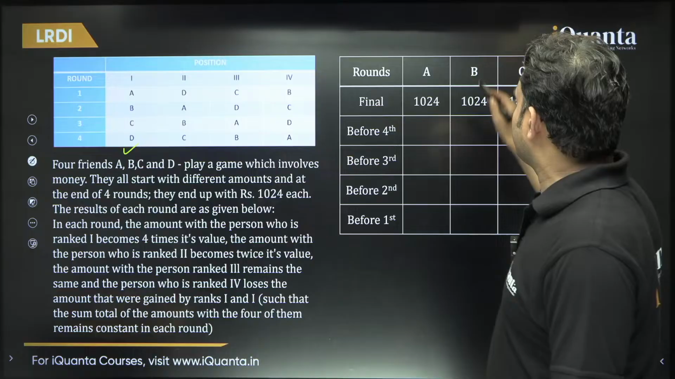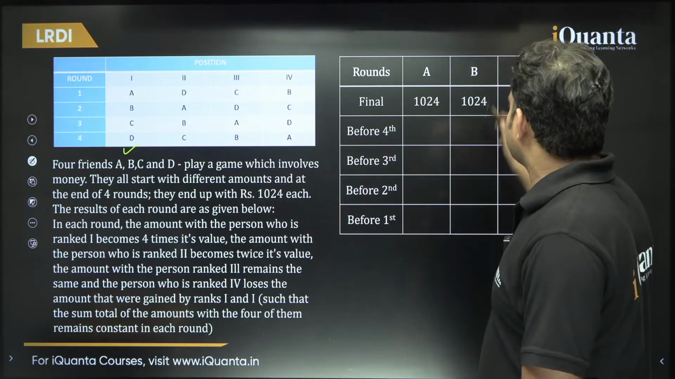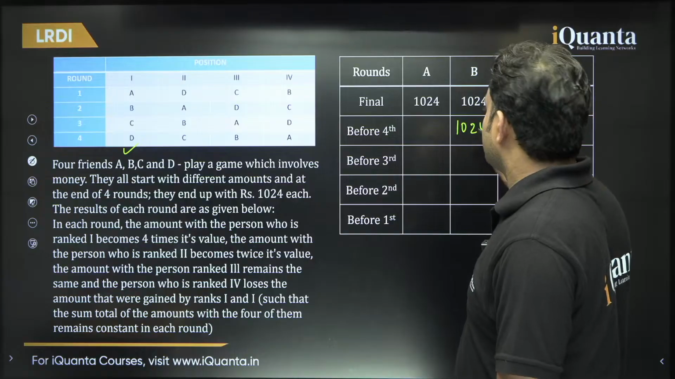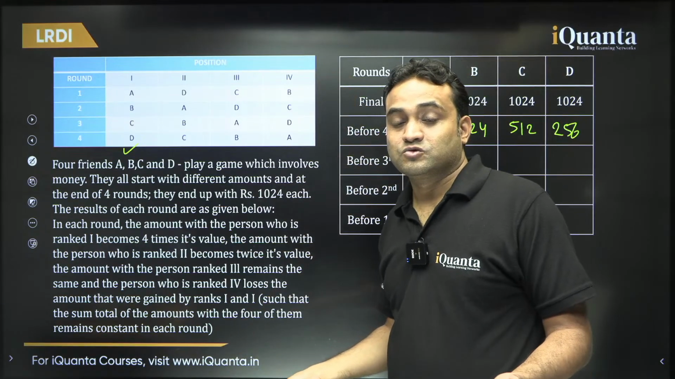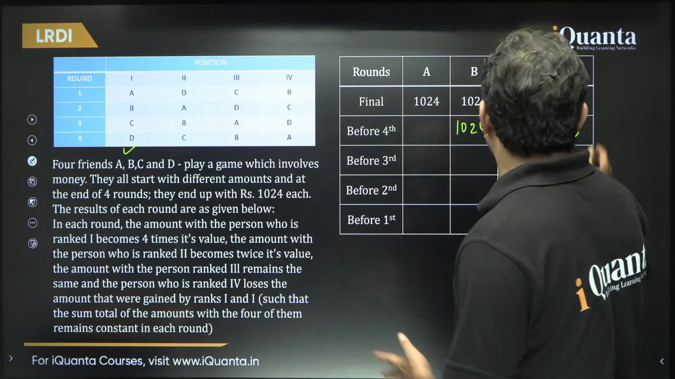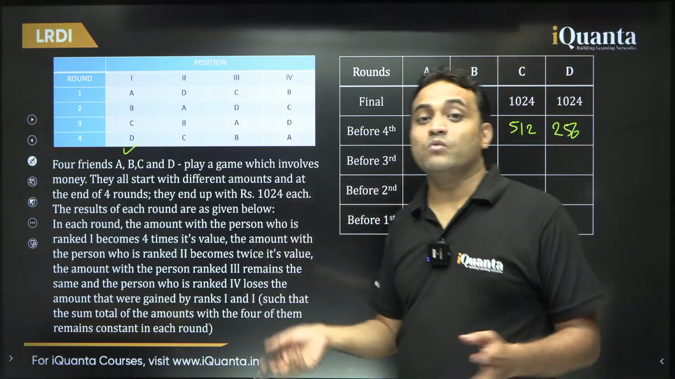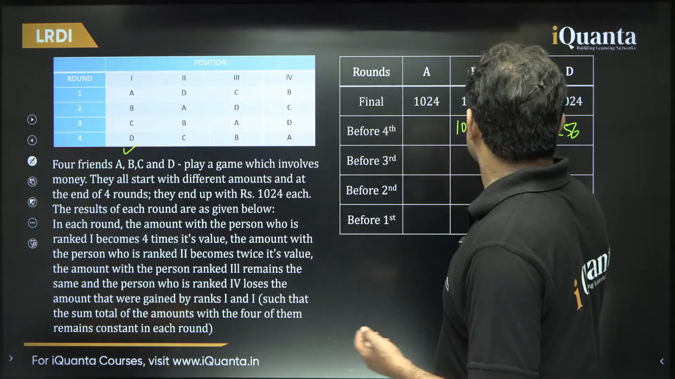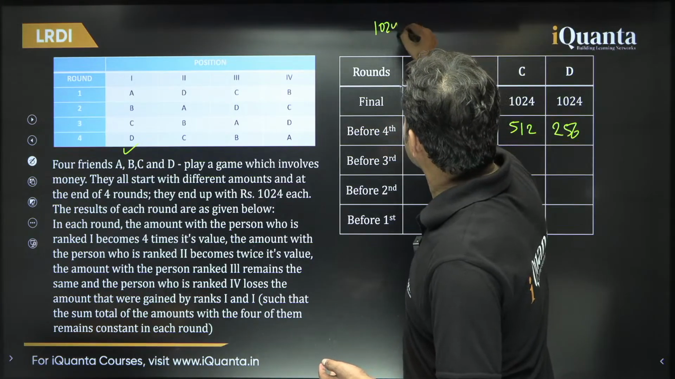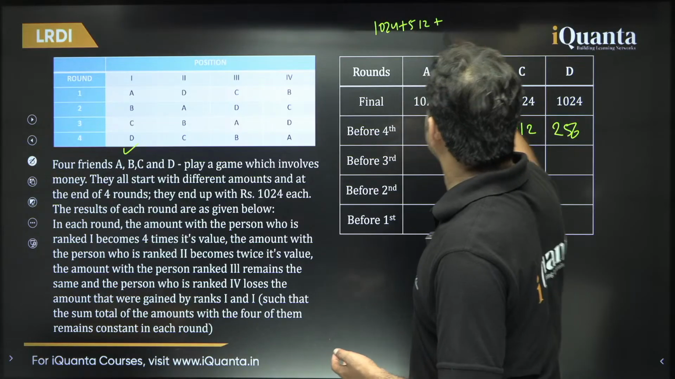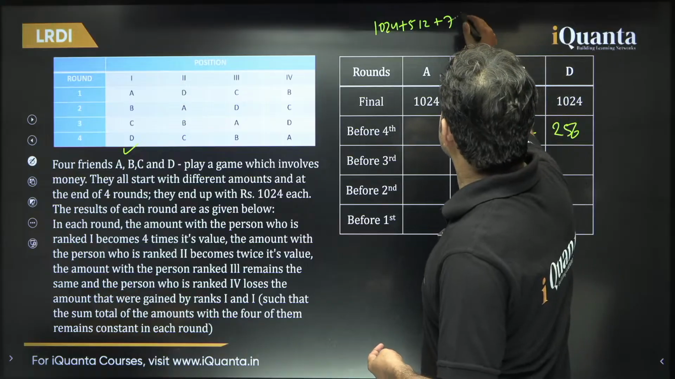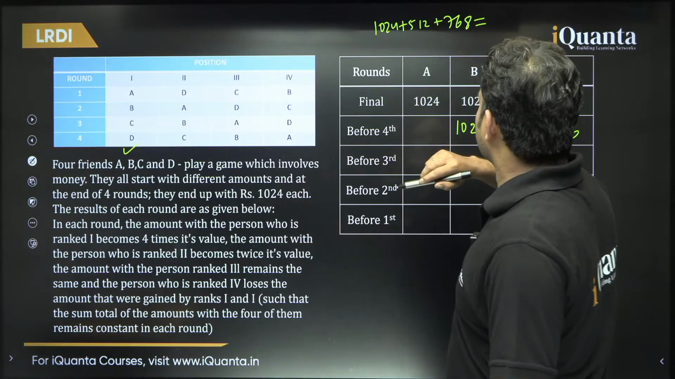The amount with B, what was the amount with B? B is 3rd rank, so it must have remained the same. A is rank 4, so the amount with A must be the total minus the sum of these. We need to put the values here. So it will be 1024 plus 512 plus this difference, which is 256 into 3, 768, which is equal to,